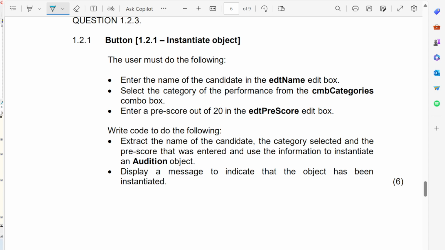So this isn't us. This is what the user is going to do, right? This is what we need to do. Extract. I see my mouse sometimes disappears. Extract the name of the candidate, the category selected, and the prescore that was entered, and use the information to